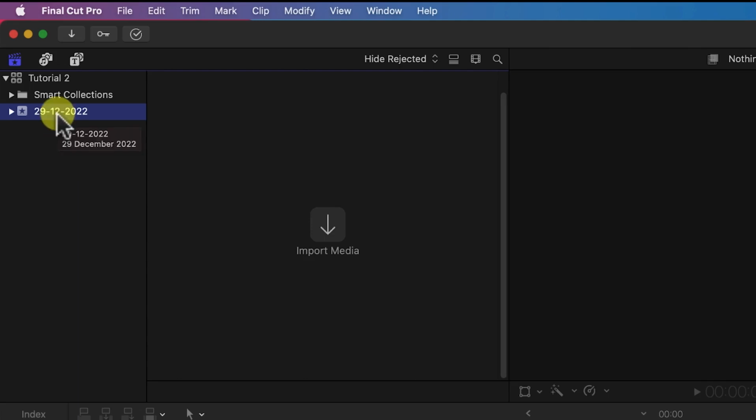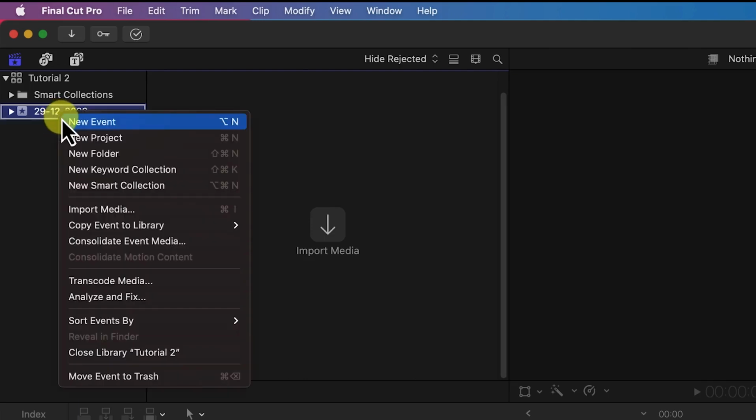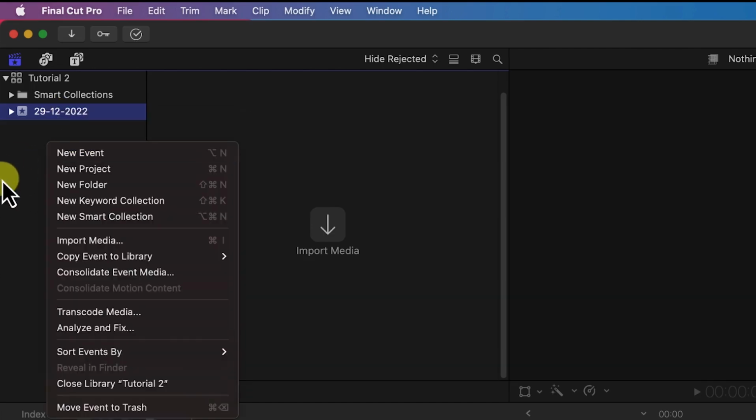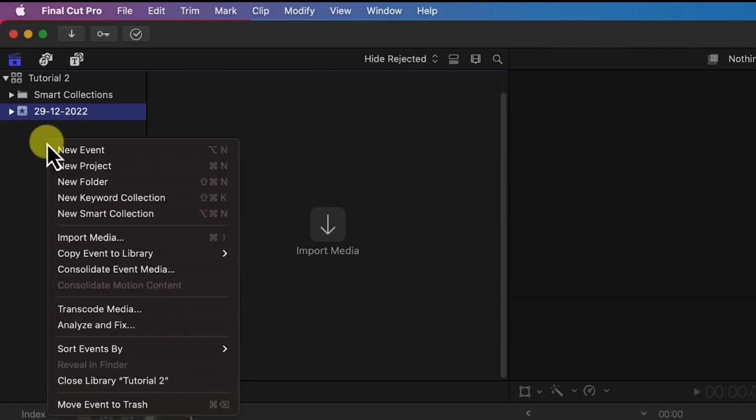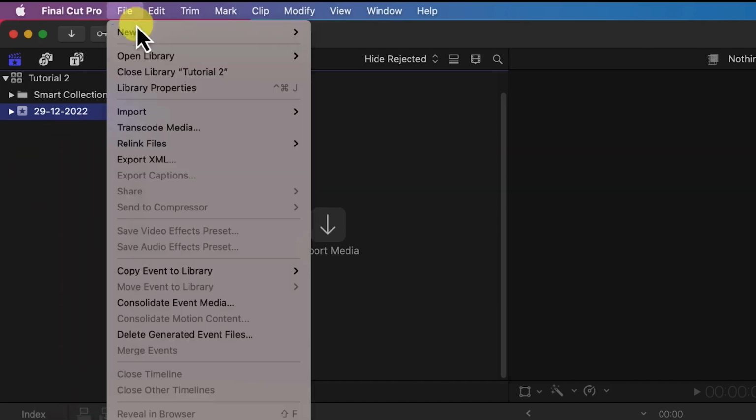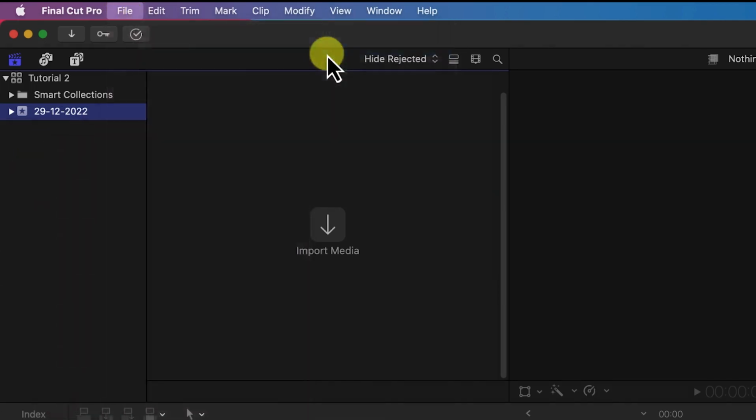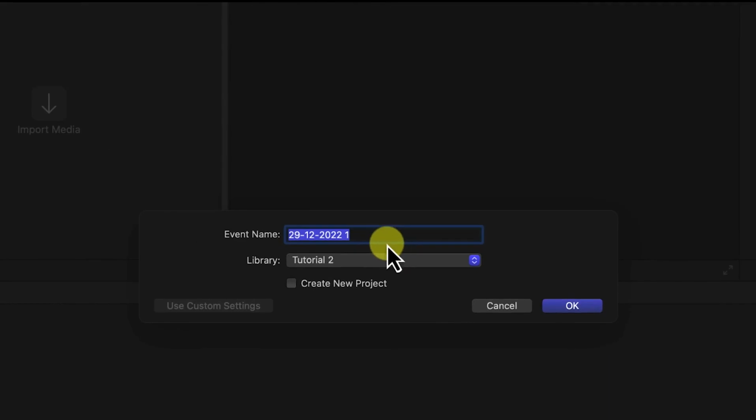Right now we have this as our own event. We can decide to create a new one, or we can rename this one if you want. But let's say we go ahead and create a new event by right-clicking over here, or you can come to File, then New, and then say New Event. You can give it a name. The default is that it takes the date of that particular project you are working on. So let's call it spending some time